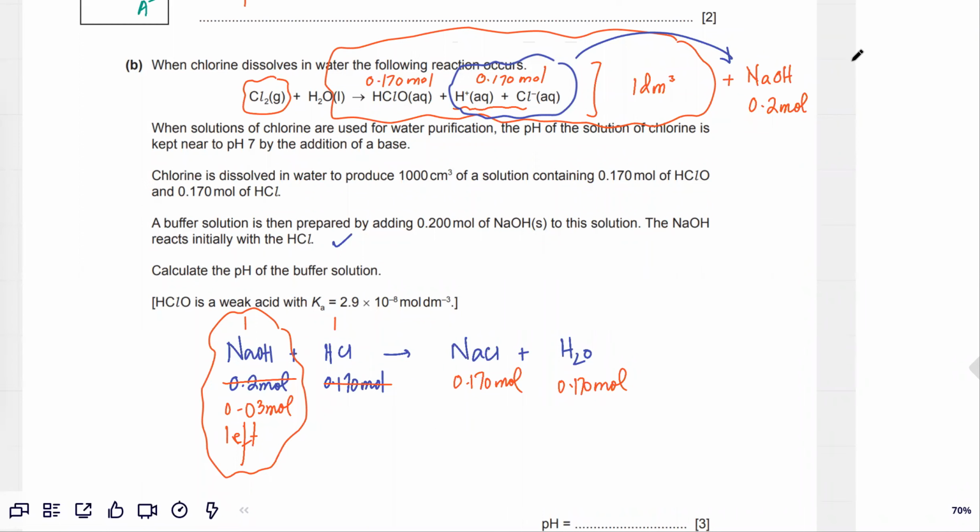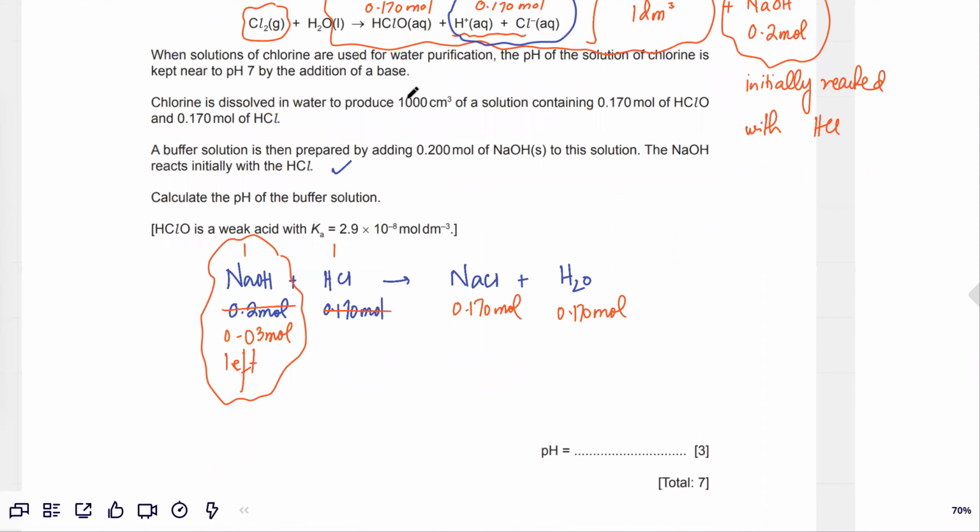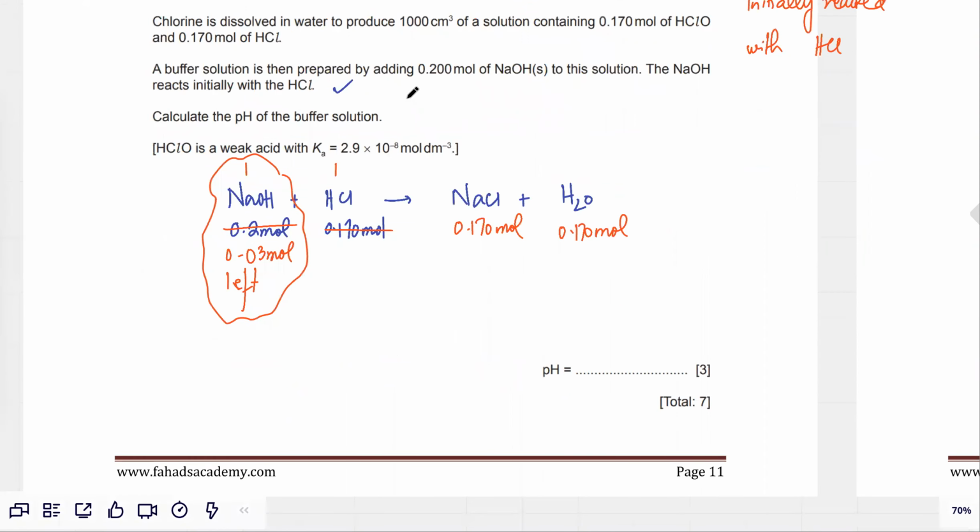So the remaining NaOH, this NaOH over here, has initially reacted with the HCl. So they did mention that in the question that it initially reacted with the HCl. Now it's going to react with the other acid, which is HClO. So the leftover NaOH now,